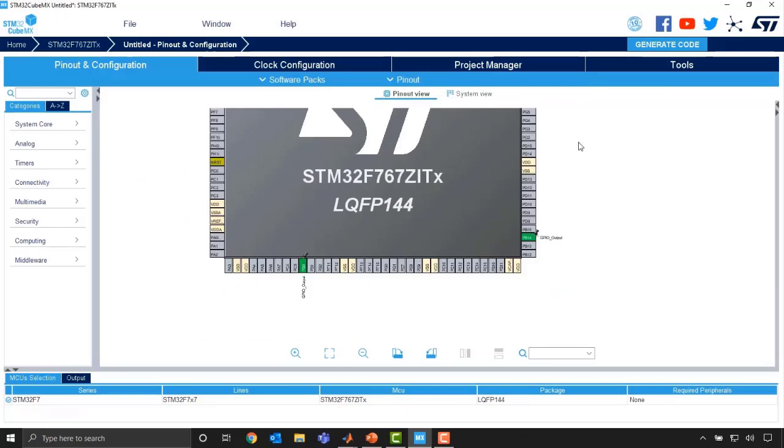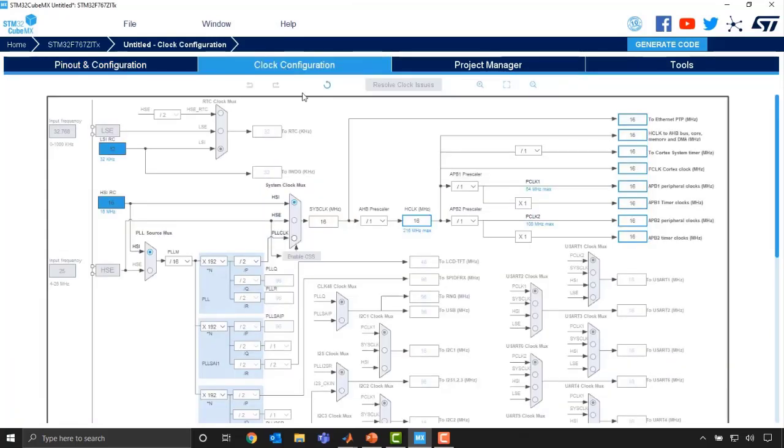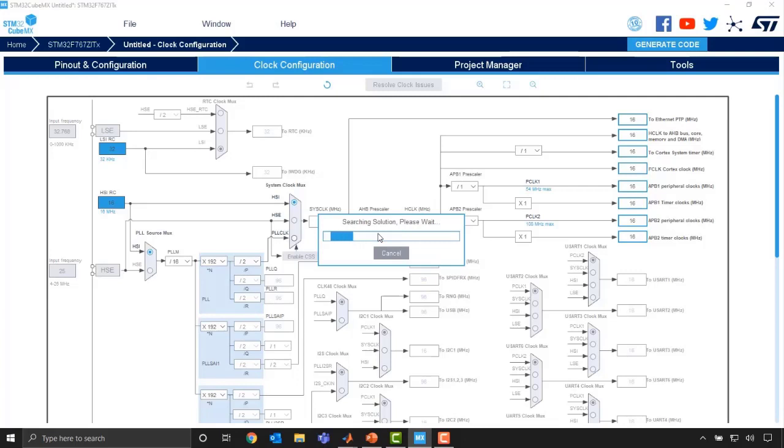Once I've done that, we can go to the clock configuration page. This lets you set up some additional things. Again, this is kind of like another layer of code generation. This is the CubeMX form of it. And what we're going to do is just change the clock rating here. I think the default here is 16. We're going to change it to 216. And then once we do that, we can hit return and let this calculate a solution for all the other clock values. And once it's done with that, we are good.